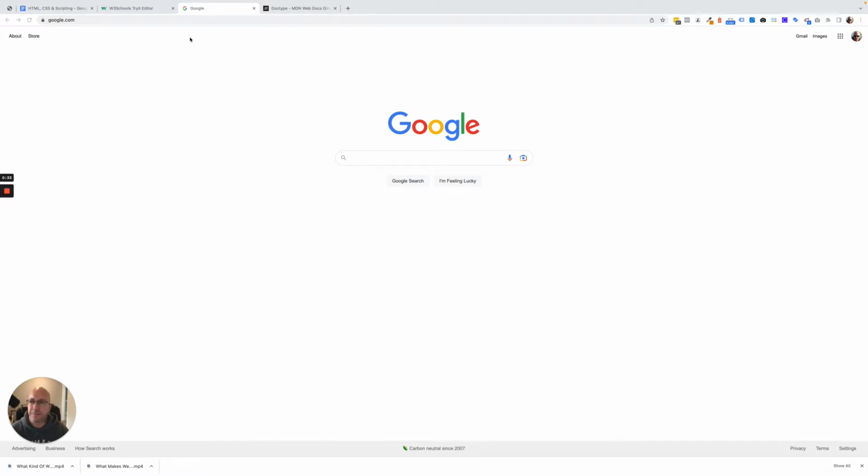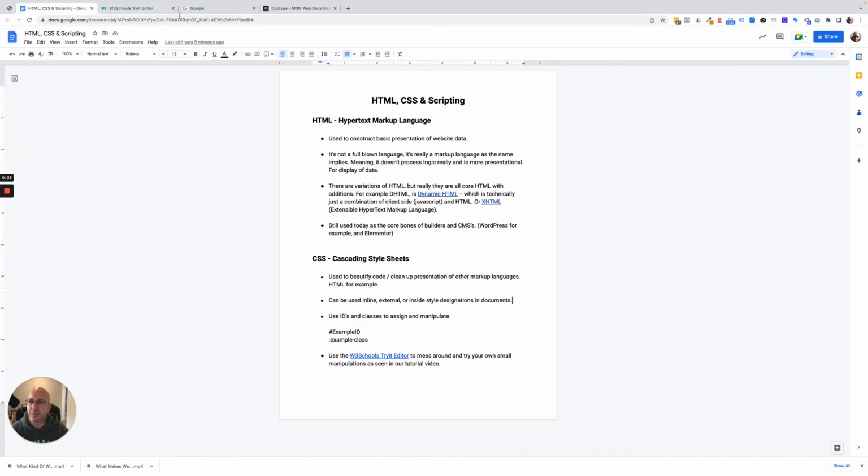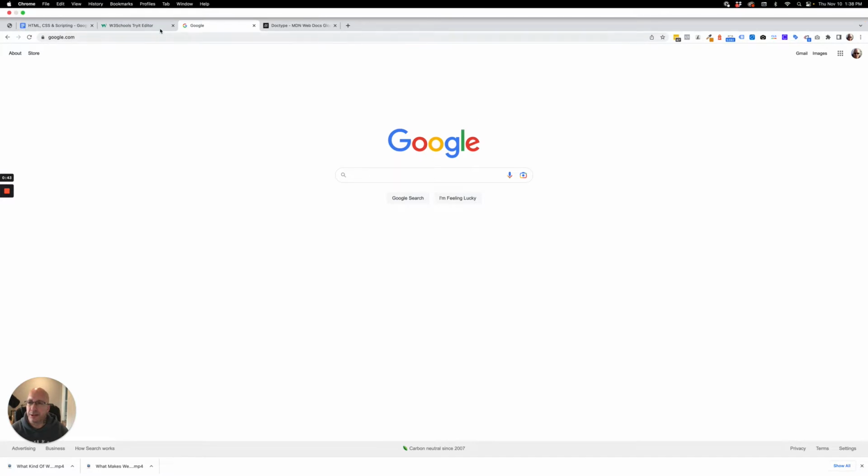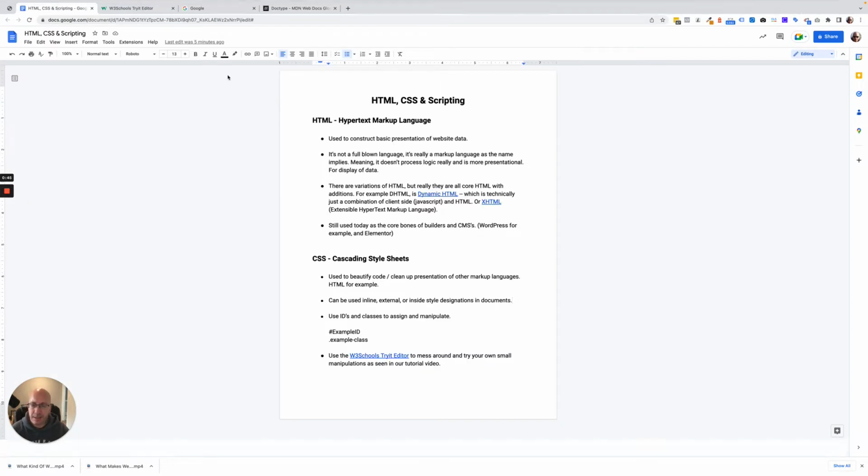So let's get started, okay? I've got a couple things open here. I've got this document, this editor, and Google, and another page, and I'll share this other page in a moment. Now this document I'm going to share with you basically explains what HTML is. It's hypertext markup language. Okay, the thing to understand is that hypertext markup language is only used to construct basic